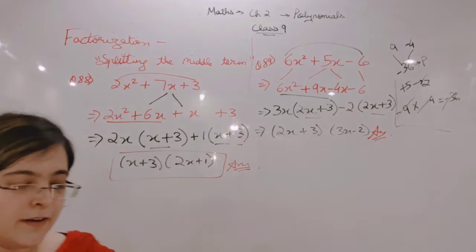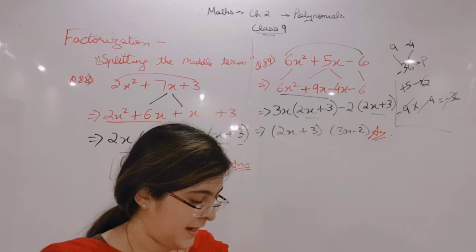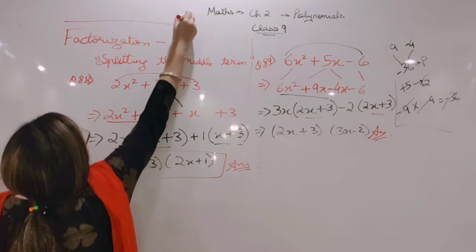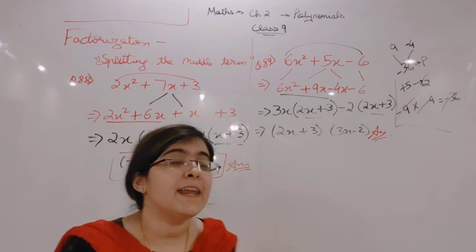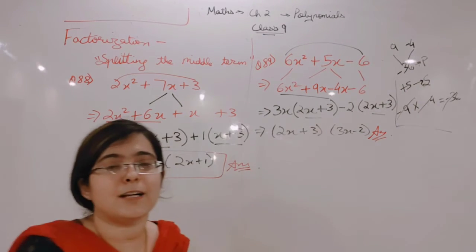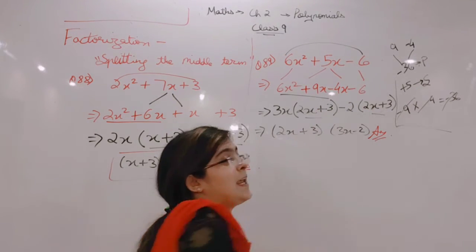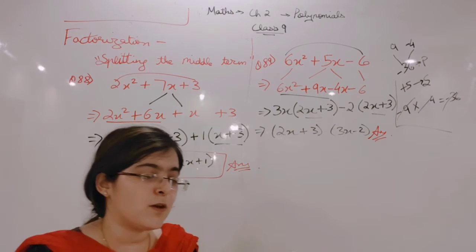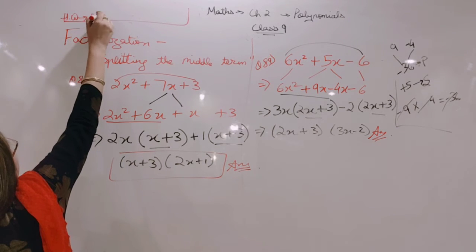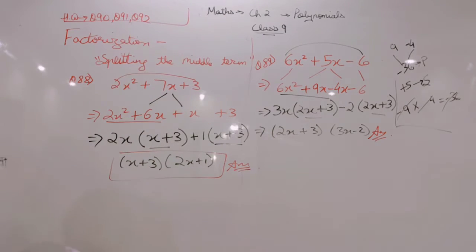Okay, students. Now questions 90, 91 will all be your homework. 92, they are all the same. This is for your practice, students. Do it and check. You will be able to do it on your own. Check if the product and sum are coming correct along with the sign. And you should get these two brackets the same. If you are not getting them the same, that means you have made a mistake somewhere. Question 90, we will discuss the answers in the live class. Questions 91 and 92 are the same as these questions.